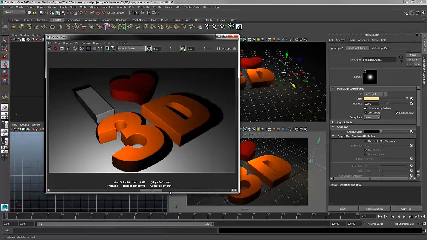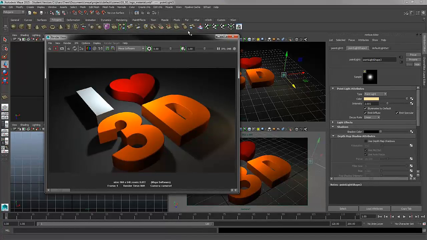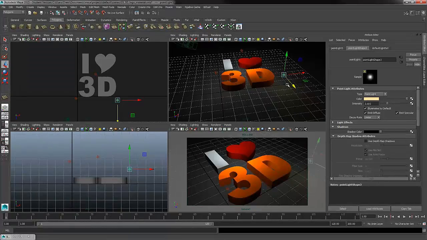Because if we go back, look at what we originally had with just a white light. So here's what a white light does, and then when we add multiple colors, see how it just gives a nice studio lighting look and feel? Alright, I'll keep that image, and just quickly to round off this stage of our project, I'm going to duplicate